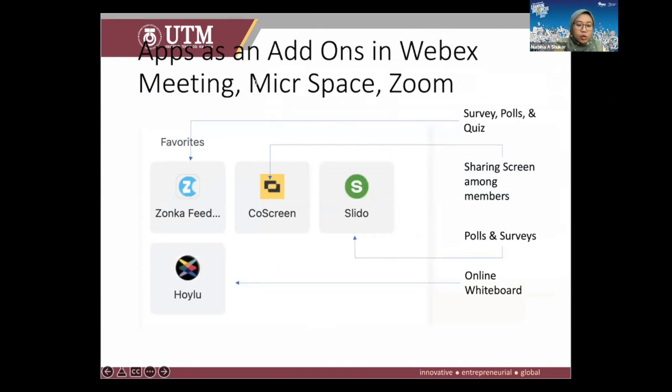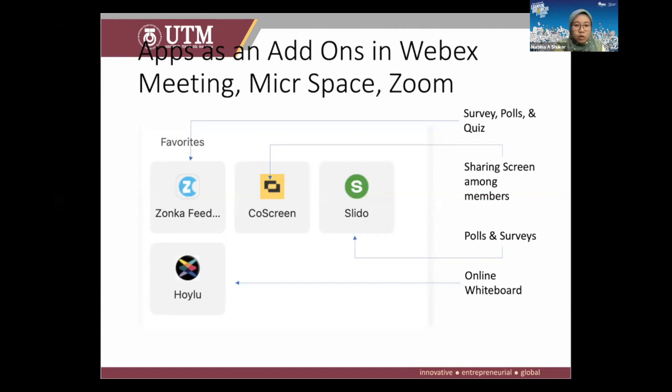I was telling you just now to try to make full use of all the existing tools available in the web conferencing tool. Let's say if Zoom has breakout rooms, make full use of the breakout rooms. And now they have whiteboards, so make full use of that whiteboard rather than using an external whiteboard. However, if you feel like you really need an additional tool to complement your web conferencing tools, you can always